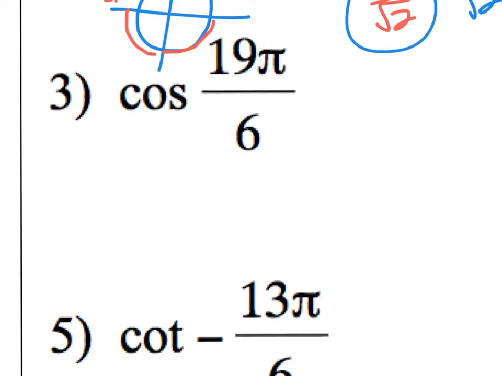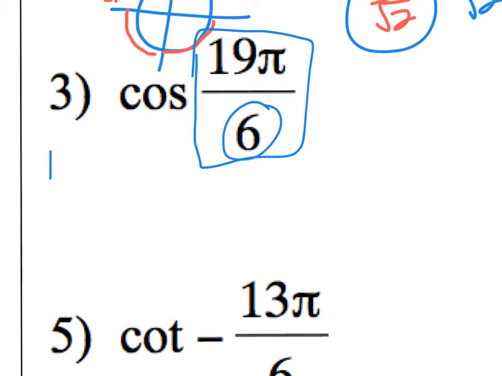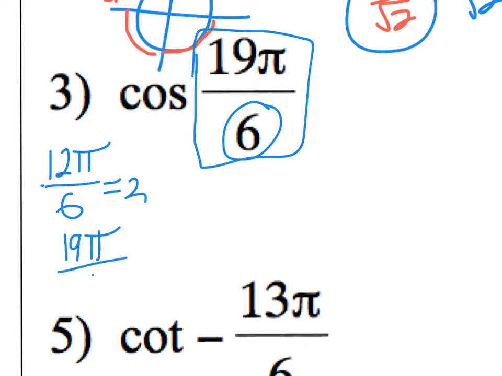Number 3, cosine of 19 pi over 6. I'm going to use a slightly different approach to this one just to talk about some varied ways to find things. And I'd like to get this back down to less than 2 pi. So if we're dealing with pi's over 6, I know that 12 pi over 6 is the same as 2 pi. Then a coterminal angle for this would be 19 pi over 6 minus 12 pi over 6, which is